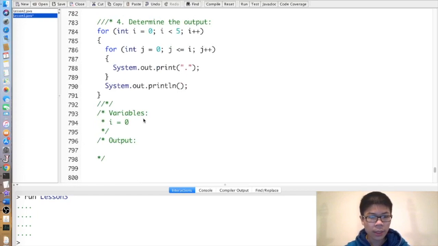Then j is 0, prints dot, then j becomes 1, but then 1 is not less than or equal to 0, so then I stop after the system.out.println. I is 1, then j is 0, prints dot, j is 1, prints dot, then j is 2, 2 is no longer less than or equal to 1, so then I stop the inner for loop, do system.out.println,